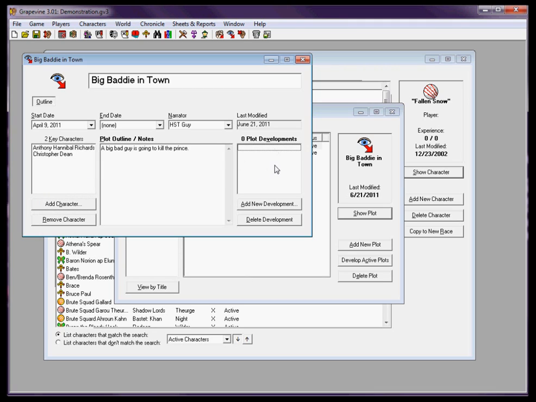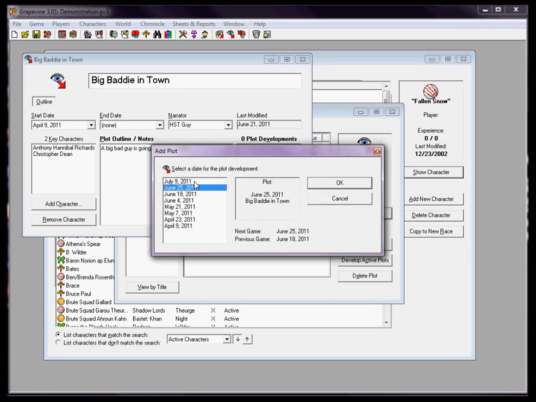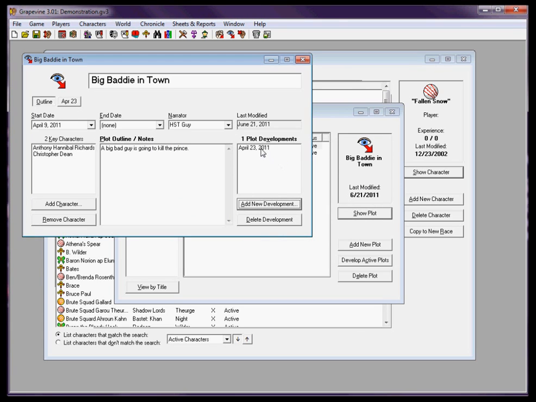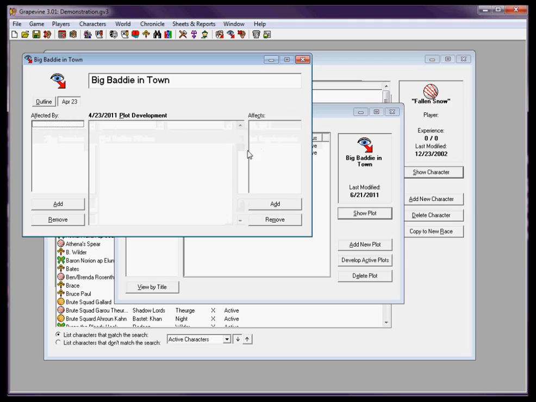In plot developments, this is where you start adding updates. There are two ways you can do this. You can do it from this screen. If you're in the actual plot, you hit add new development. You choose a date for the plot development. So we'll say on April 23rd there's a development. Double click on that, and this will let you take a look at development. The affected by and effects I'll go over in a moment, but that basically lets you tie into other actions,